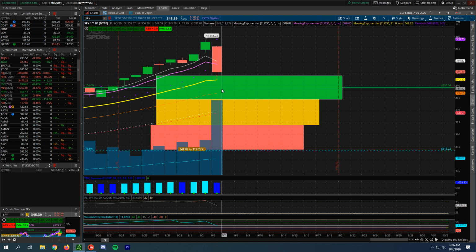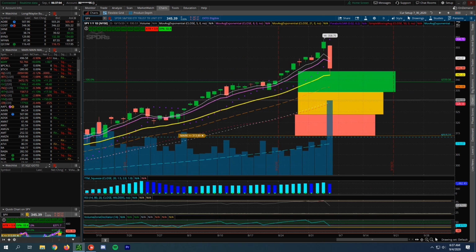So if we close below here and close around, let's just say 340 to make it a nice easy round number, that's still meaning that this pattern hasn't really consolidated. And the following day, we would want to see those ticks or the wick close above that one and above this one at least. So we would need to see it above like the 346 range. So that, again, being said, some extreme signs we would be looking for is if the 5 and 8 aggressively cross through the 21